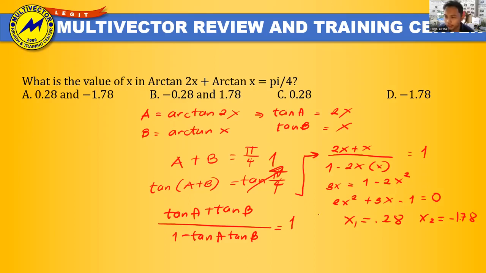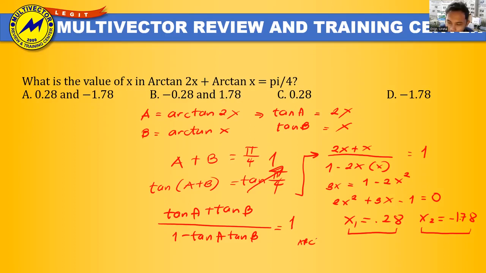Okay, so ngayon, dito, since may dalawa na tayong value, take note, no? Kailangan natin i-substitute dun sa original equation natin. Kasi ang naging solution natin for this problem is naging algebraic yung approach, pero tatandaan, angle pa rin yung tinutukoy ng mga to. Okay? Kaya pag sinubstitute nyo yan dito sa original problem natin, yung arctangent ng 2x,